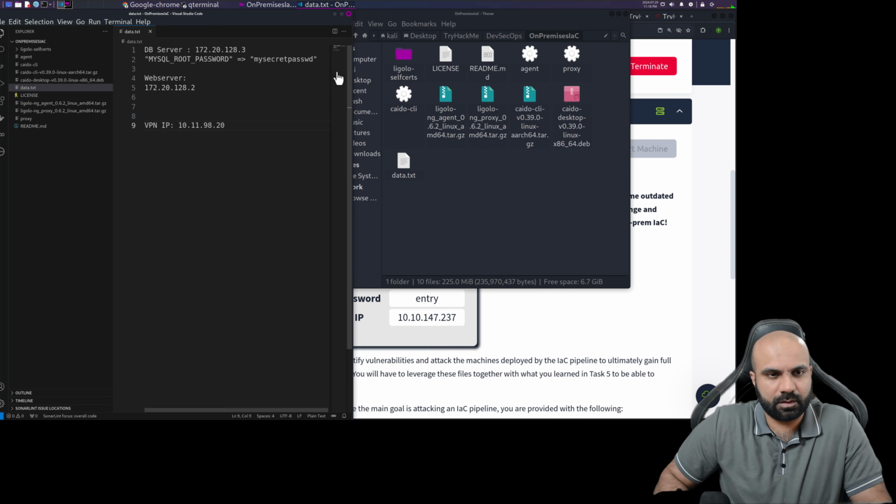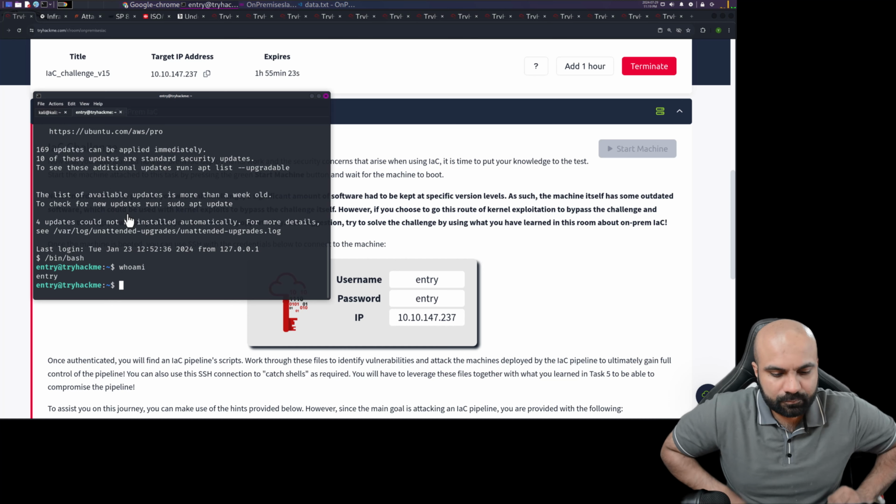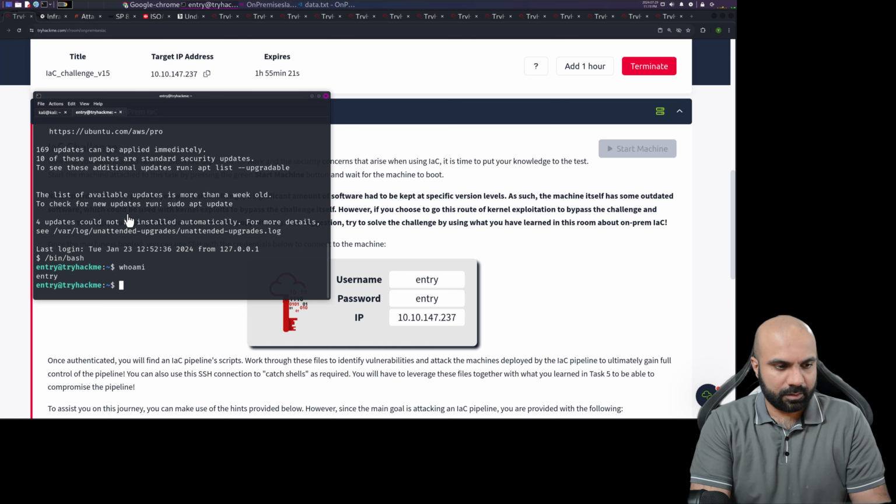Okay, so I will do bin bash, so it will give me a little bit better shell to work with. Who am I? This is what we have here, and ls, cd IaC, ls, we are going to the provision,